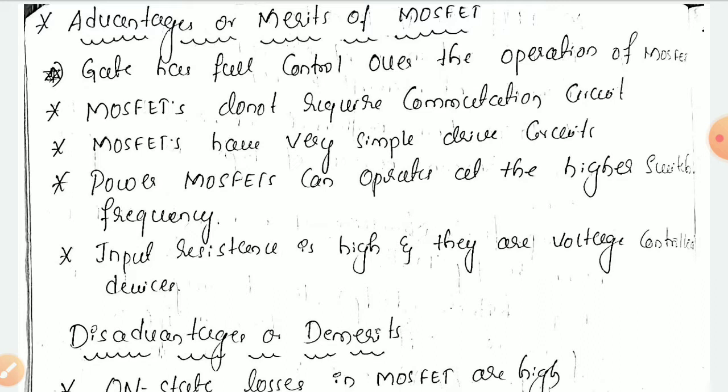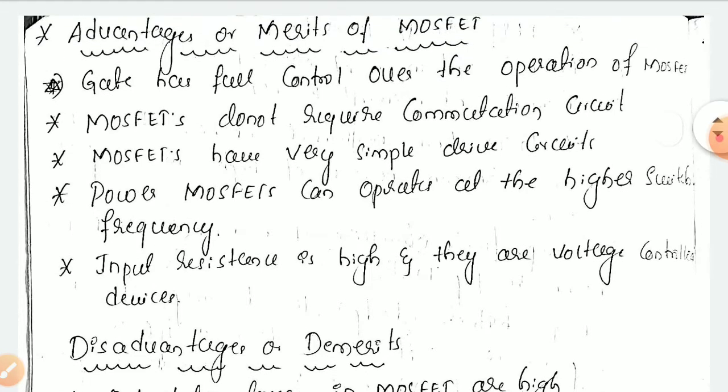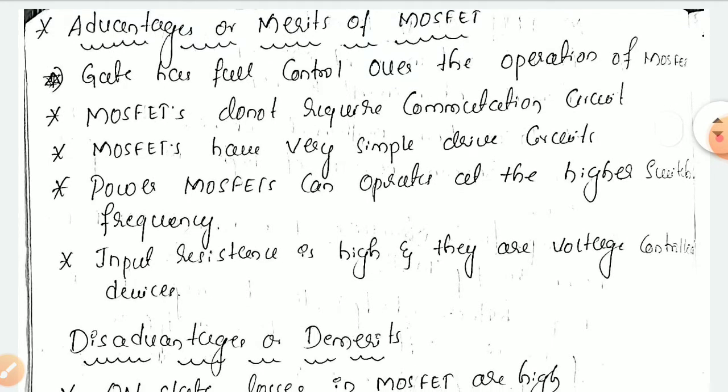There we discussed the power MOSFET: the n-channel enhancement type of MOSFET and the n-channel depletion type of MOSFET. So we covered the various types of MOSFETs, their constructional features, and what the equivalent circuit diagram of a MOSFET looks like. That is all we discussed in the previous class. MOSFET is a metal oxide semiconductor device, and we already discussed what a MOSFET is and its constructional features.